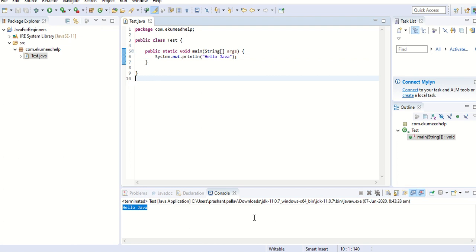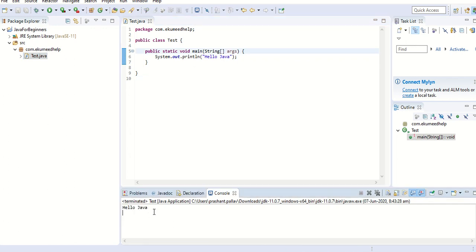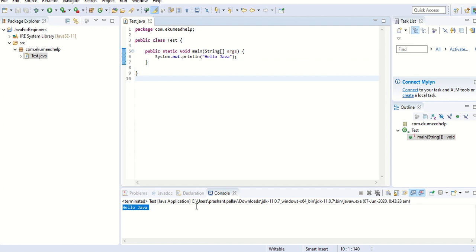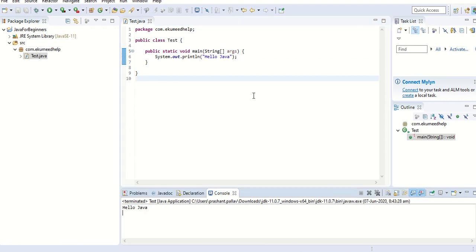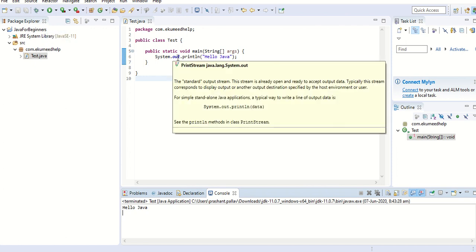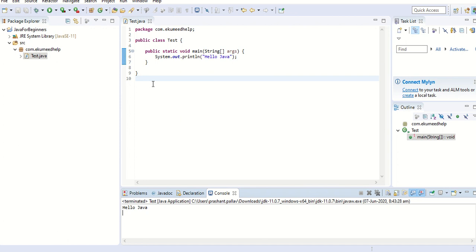So in this same single IDE, you have created a project, you have created your class, and you can see the output, everything. Everything is so simple. You don't need to go to Notepad, write a command, and compile it. To make your life easy, we have IDEs like Eclipse and a few more IDEs available, but in this video tutorial series, we will be using the Eclipse IDE only.